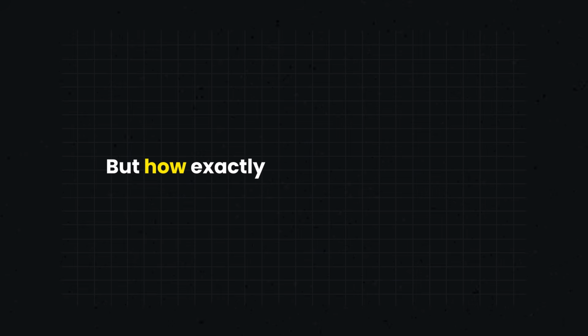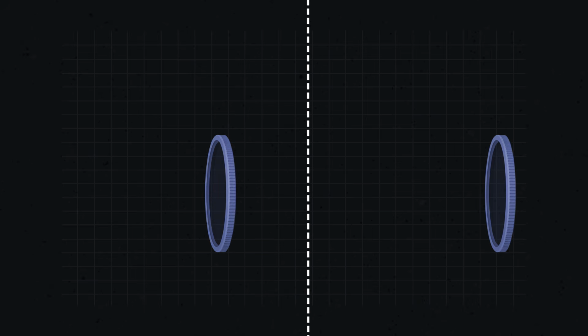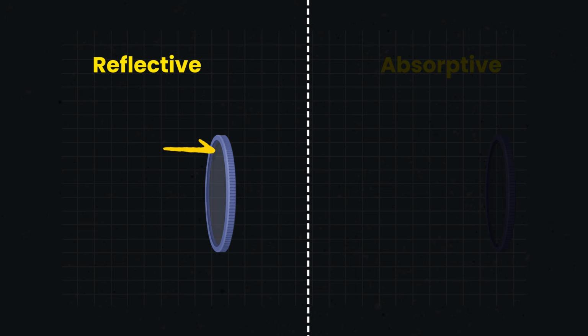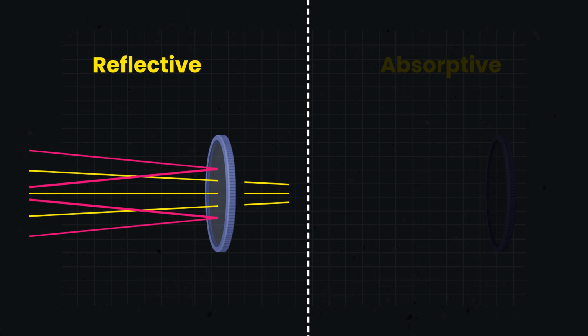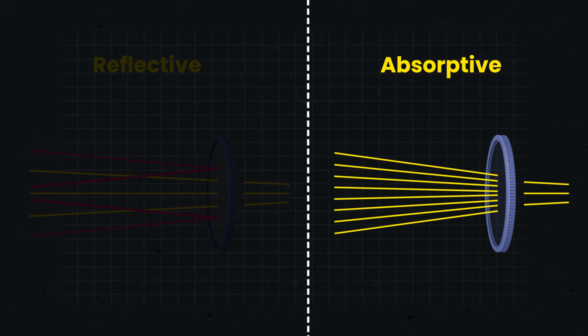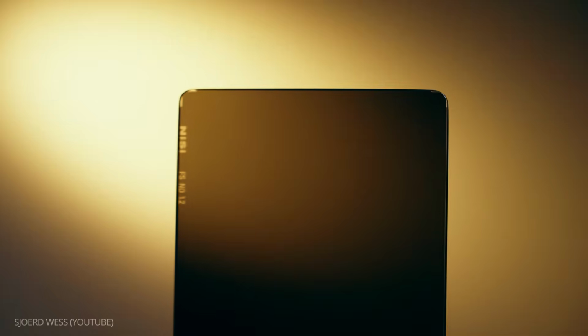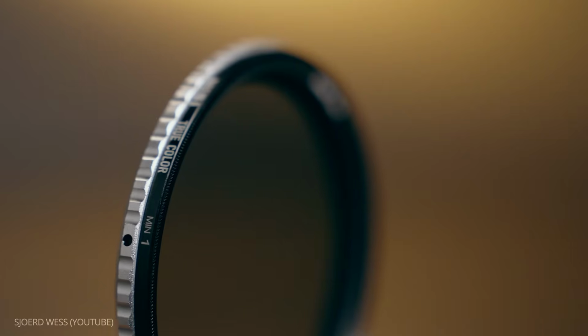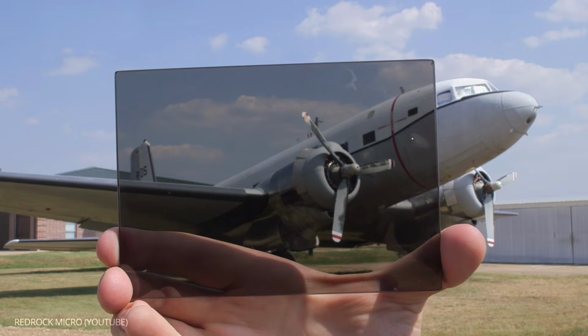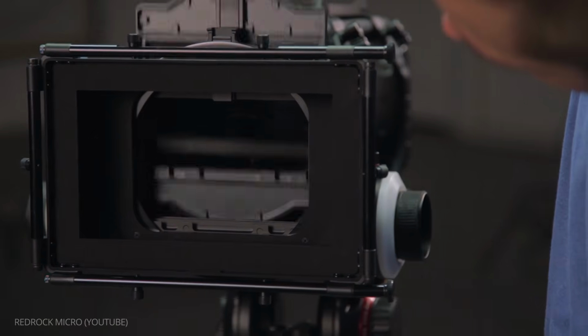But how exactly do these filters work? There are two approaches to ND filtration: reflective and absorptive. Reflective ND filters have thin, metallic optical coatings that are applied to a glass substrate, and this coating reflects light back at a source. Absorptive ND filters use a glass substrate that absorbs a certain percentage of light. ND filters can vary in other ways as well. The type of ND filter you'll want to use depends on what you want to achieve and how much time you have to achieve it.